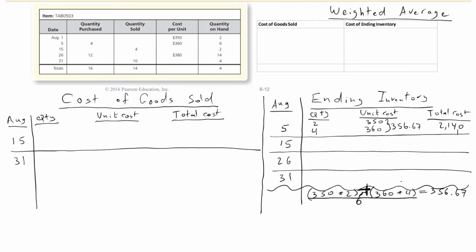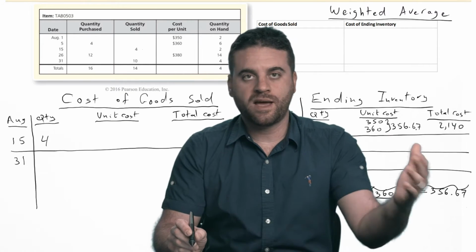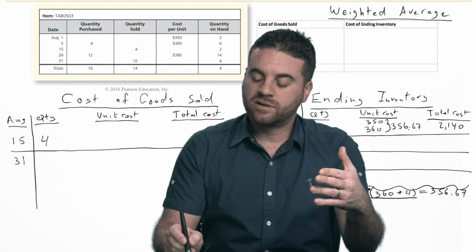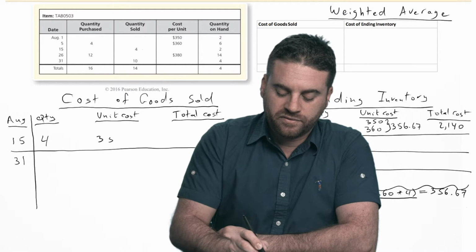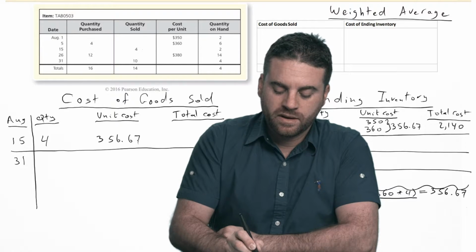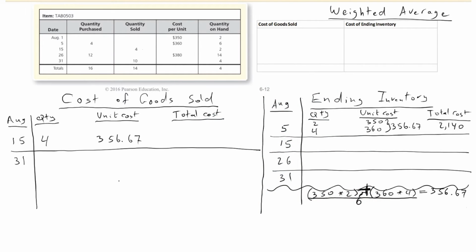All right, now I have a sale on August 15. How many units did we sell? We sold 4 units. What is my cost per unit? Well, we just have to go back and find out what average we came up with for all the units we have in stock so far. It's the average for all of them combined. So I just have to put 356.67, and then when you multiply, you get 1,427. Okay, so the cost of those 4 units is